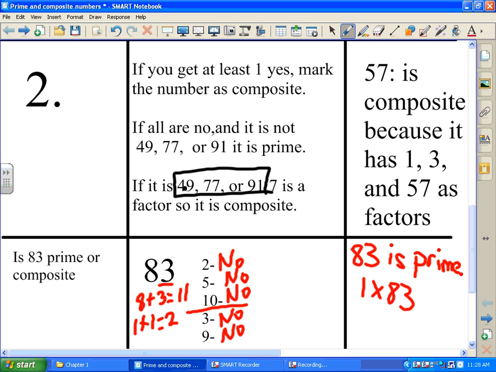If you get 91 and you get a no on 2, 5, 10, 3, 9 and you say it's prime, your answer is wrong because 7 times 13 is 91. Does everyone understand? If you get 5 no's, it's prime except for these 3 numbers. Everybody tell me what the 3 exceptions are. 49,